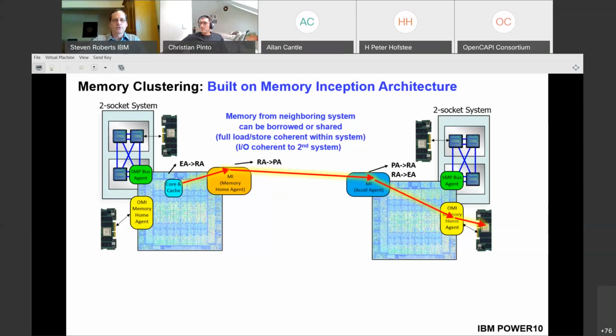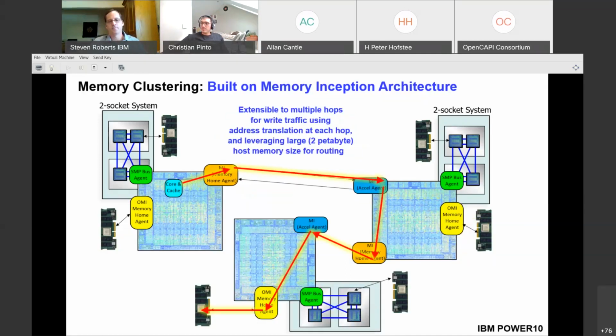So that's how this is accomplished, the mechanism, but it can be extended even one further because we have a network mode, which doesn't have the load store semantics, but it accomplishes communication with a one-way store write. You can think about the vision here as, we're going to use the 2 petabyte global address space that's available in the architecture to map these shared regions. And those regions then